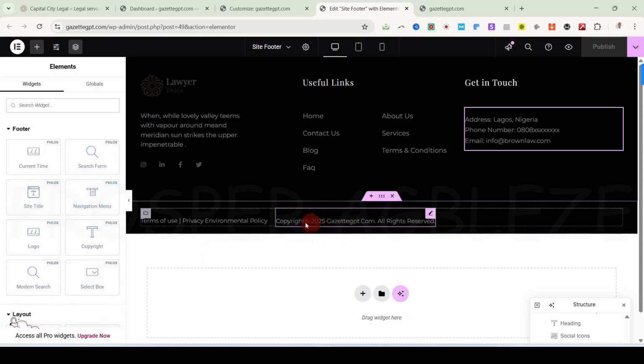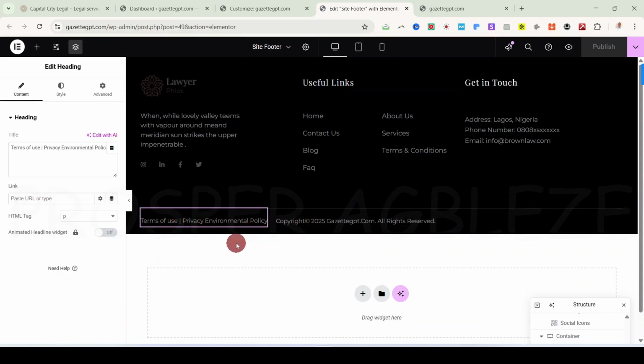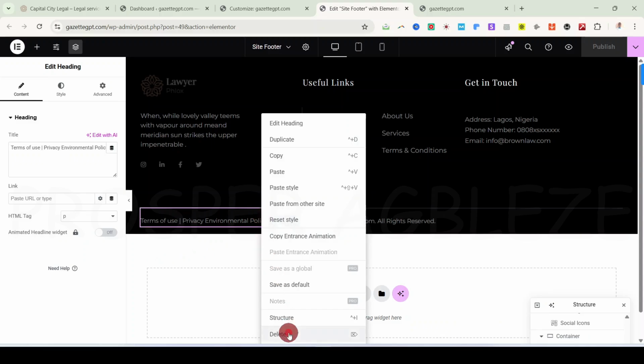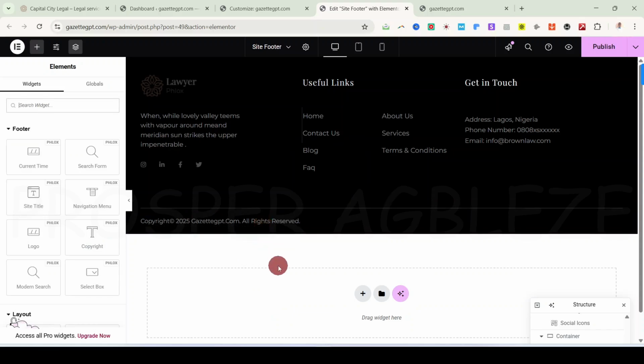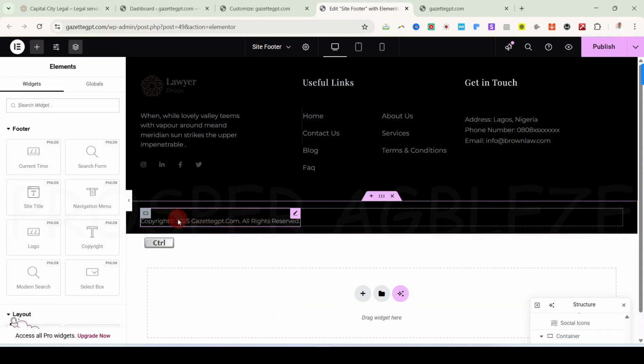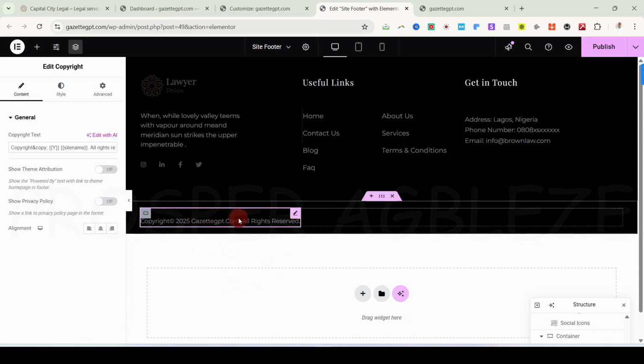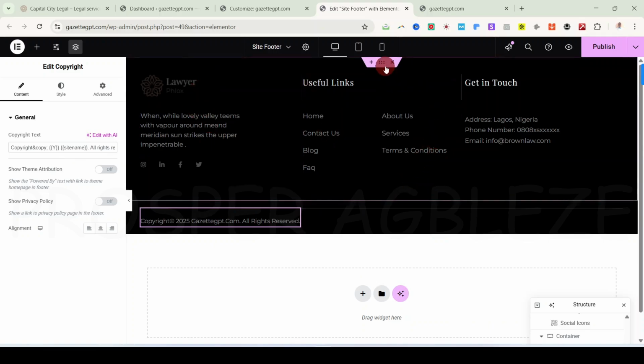Okay. So if you also want to change this, terms of use, privacy policy, if you don't want it, you can just take it out. So let me just delete it. Okay. And if you also need it, you can also just use it. Then this copyright, if you want to change it around copyright, so this is the copyright here. If you want to leave it, fine. And then if you want to also change things around here, maybe this black, you don't want this black, you can just click here, come to style,